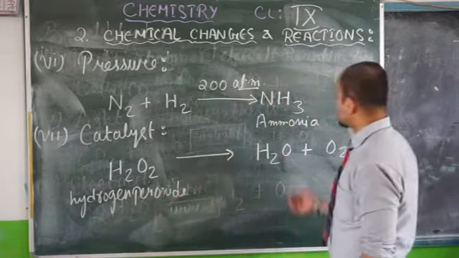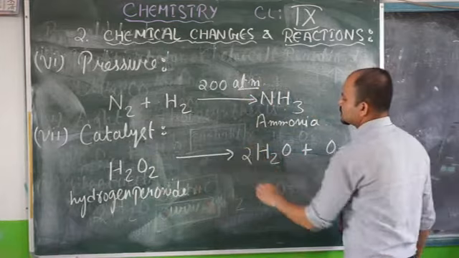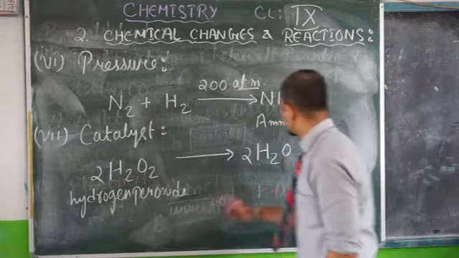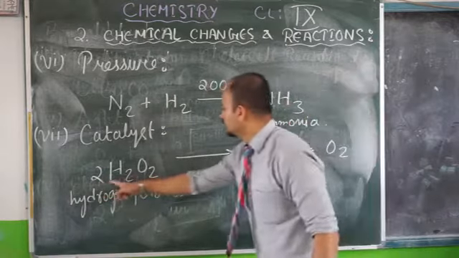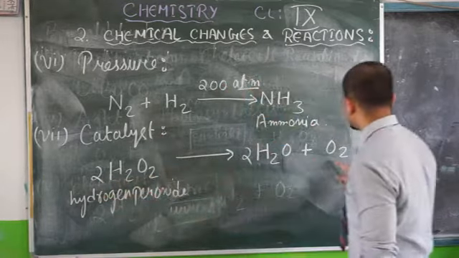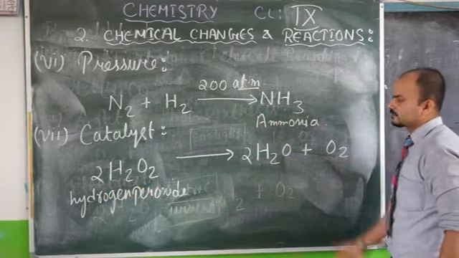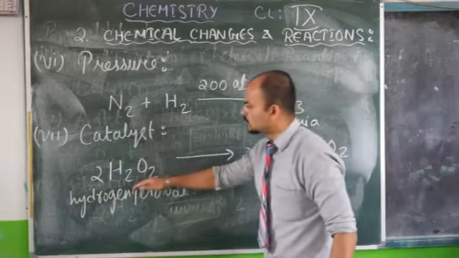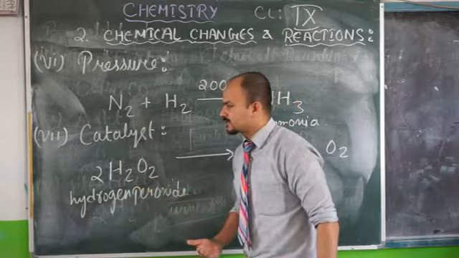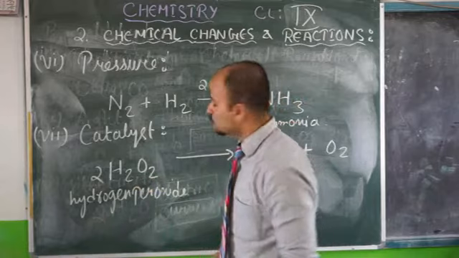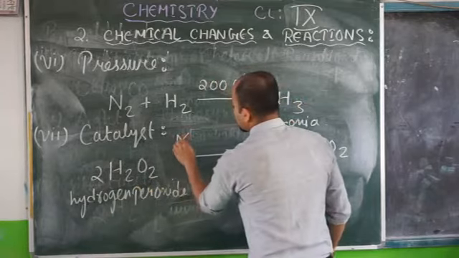Okay? So if you want to balance it, write 2 here, 2. 4 hydrogen, 4 oxygen. Here we have 2 oxygen plus 2 oxygen is 4. So now if you want to increase the rate of this reaction, means if you want to speed up this reaction, then what do you have to add? You need to add manganese